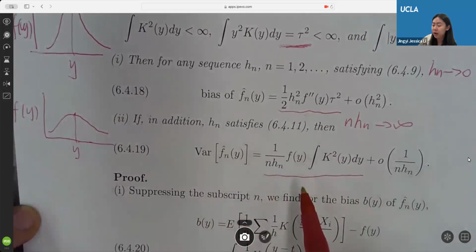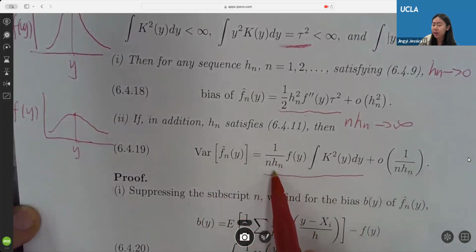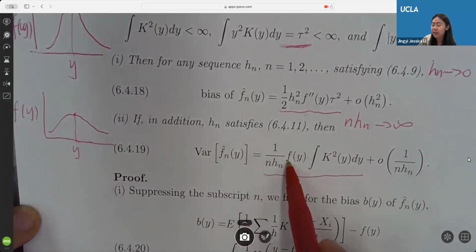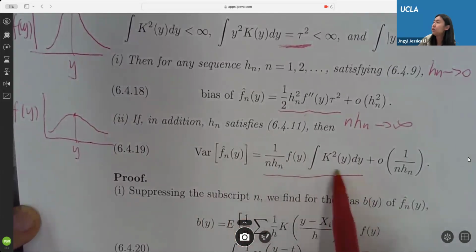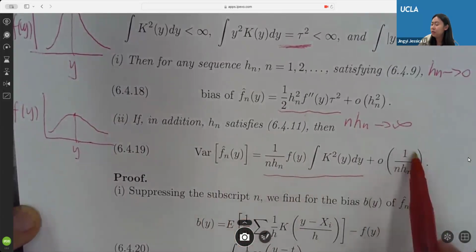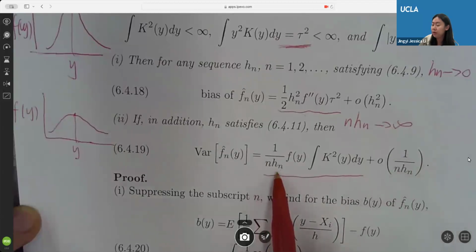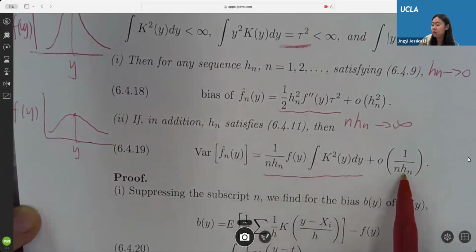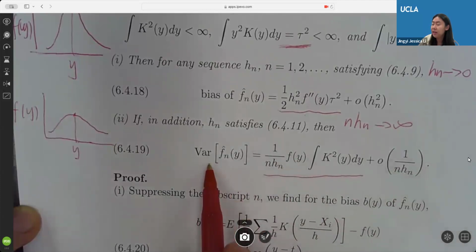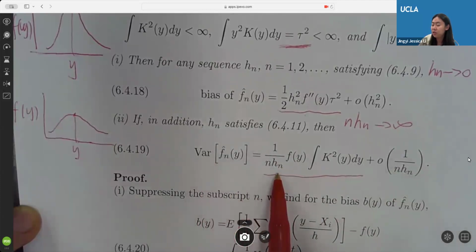So basically we have 1 over n times hn here. And this is the true density value, and this depends on your kernel choice. The remainder is smaller compared to this one. Since we know n times hn goes to infinity, its inverse goes down to 0, and this remainder goes down to 0 faster. So you will see that for this variance part, you actually prefer a larger bandwidth so you can have a